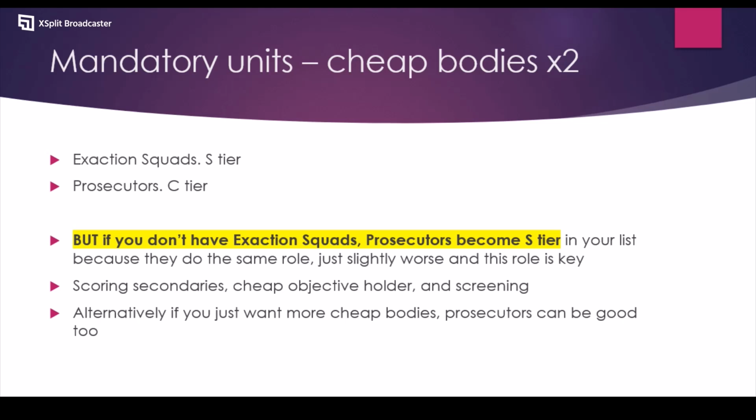Now here I would say these are just standalone S tier units. You want to have additional drops. You want drops that can screen cheaply. You want drops that can do secondaries cheaply, that kind of thing. Now Prosecutors, because Exaction squads exist, they are significantly worse than Exaction squads. But if you don't have Exaction squads, because these models are hard to get,